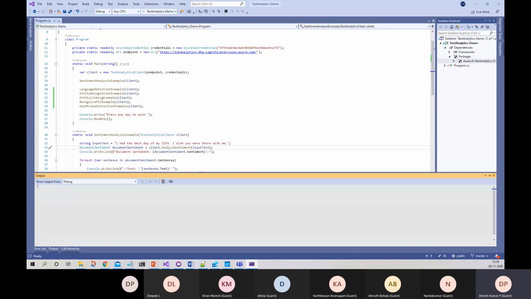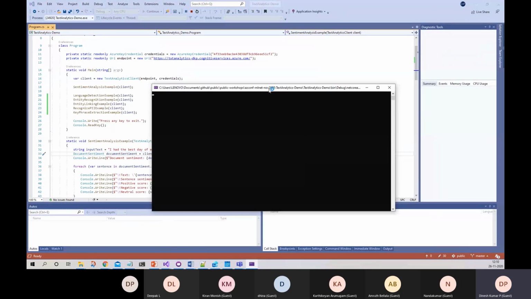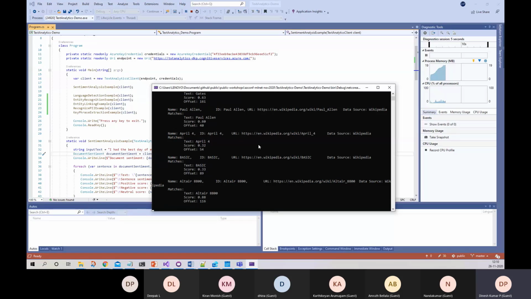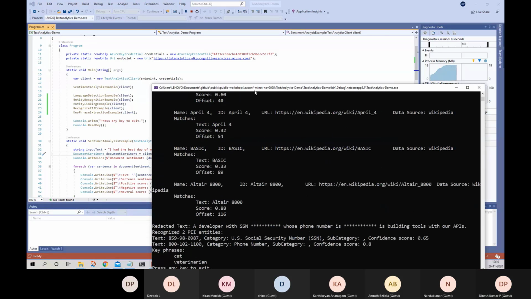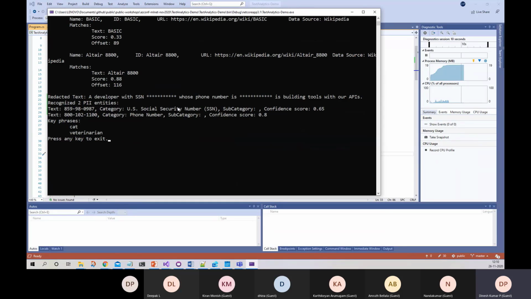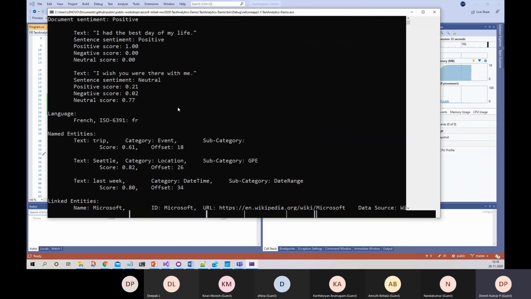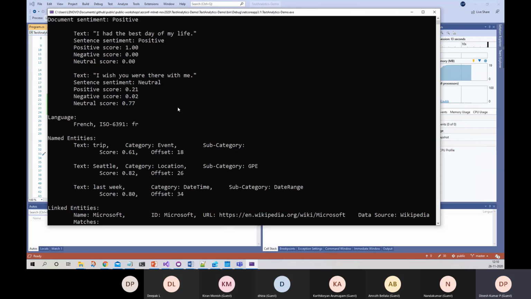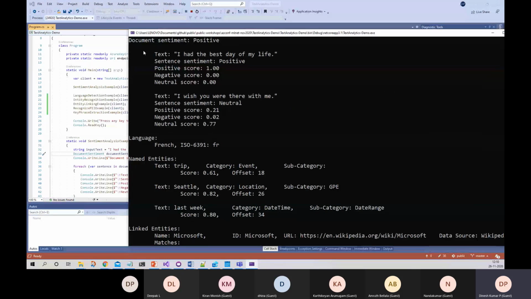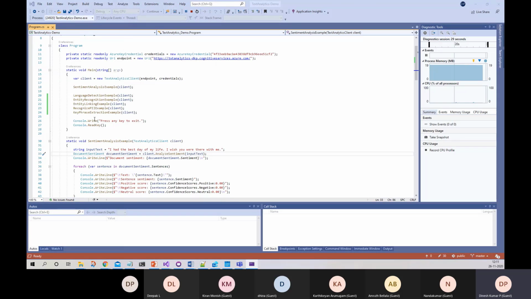I was running this text analytics demo. So it is not so glossy. Adjust with the command prompt. Okay. So as you can see, this is the first method, sentiment analysis example. This is the result which we just discussed earlier. And language detection example. This is the result. The input given is